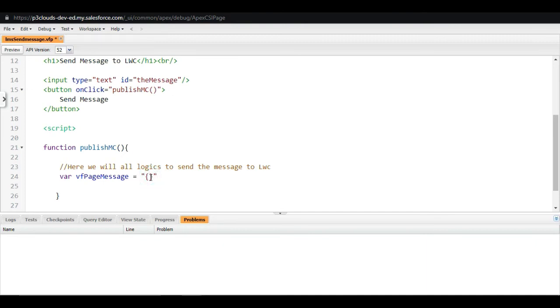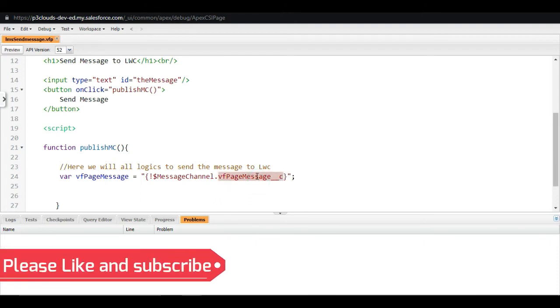To call the message channel, we need to write it like this: message channel dot, and then we need to define our message channel name, which we named. I'll show you which: message__c. We can just save it. It got saved.